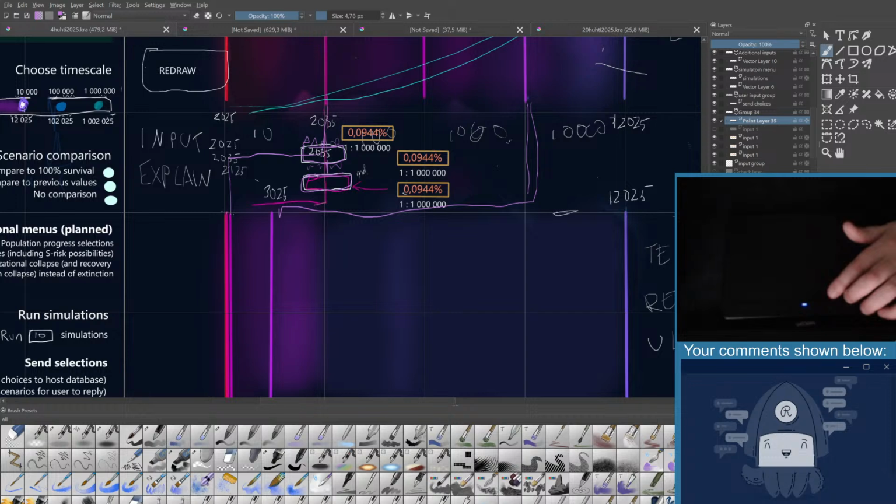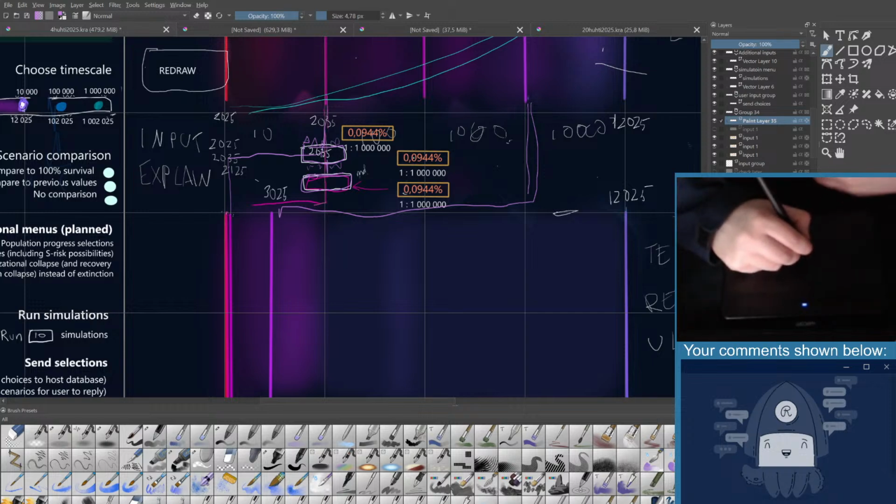I'm thinking that in this case, because this is a very special case where we go to very small decimals, it gets very hard to change just one, and you really want to look at how the small changes affect the